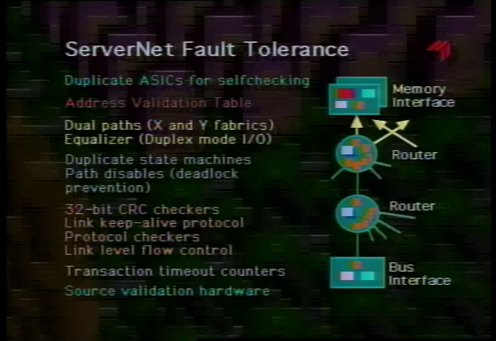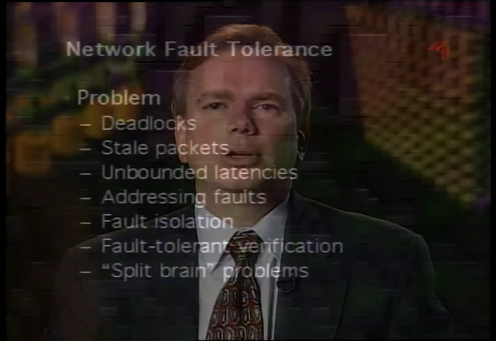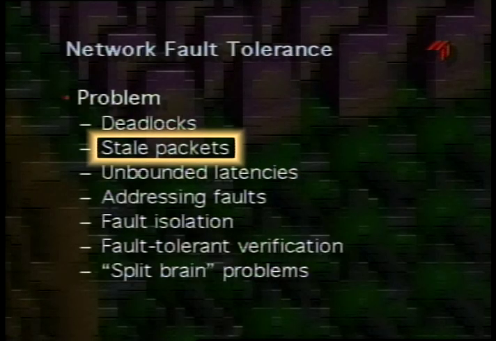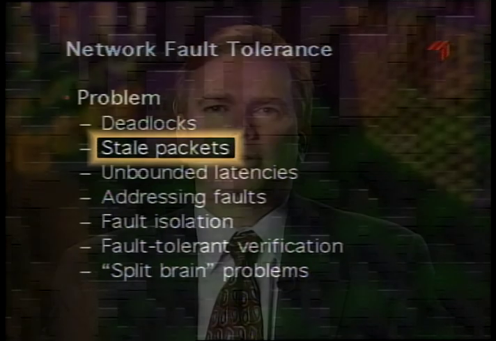There are a number of other fault-tolerant features which have been discovered through previous experience, both with Tandem NonStop systems and Tandem Integrity systems. For instance, one is the stale packet problem. In a network, you can have a failure which causes a packet to be held up, and that packet can be suspended almost indefinitely while that part of the network is being repaired. The problem occurs after the repair happens. If the stale packet then shows up much later at the destination, at that point, the packet is out of context and might be accepted and cause a system failure.